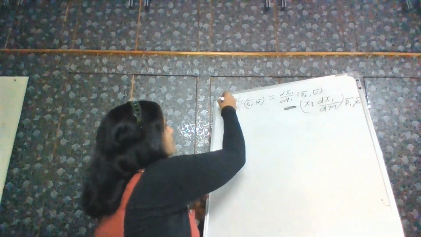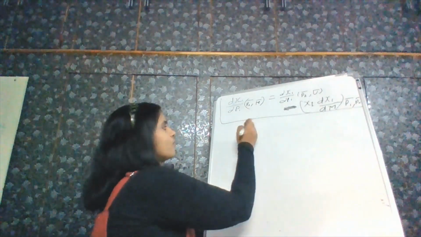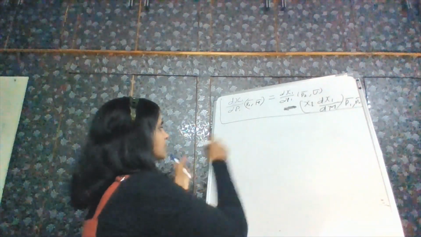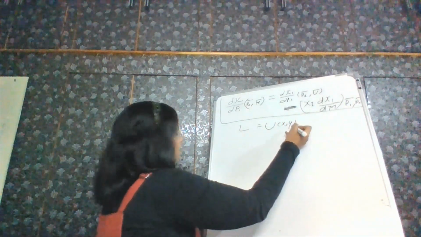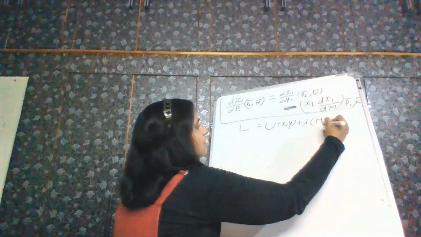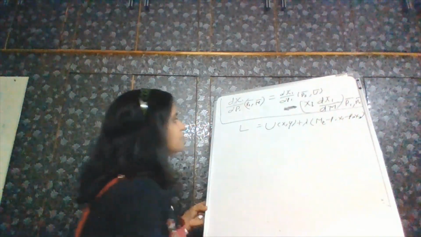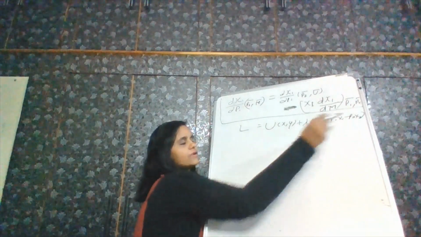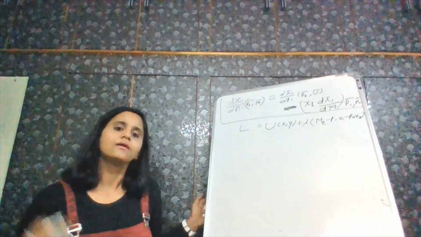So this is our Slutsky equation. This is what we are going to prove. Now, our normal Lagrange function, which is L equals U(x, y) plus lambda (M minus P1 X1 minus P2 X2). That is your utility, and this is your income constraint, and this you are putting into the Lagrange function. We have seen it lots of times.